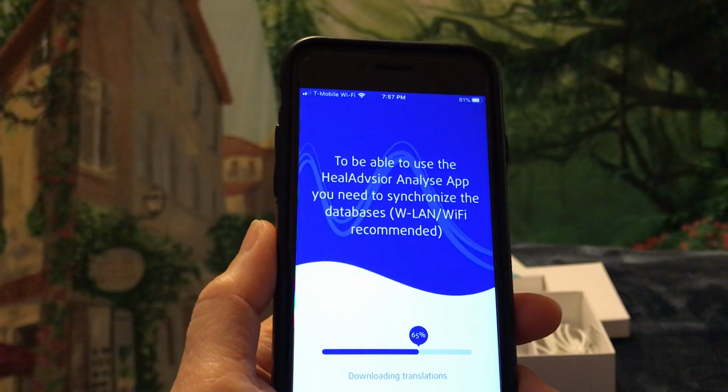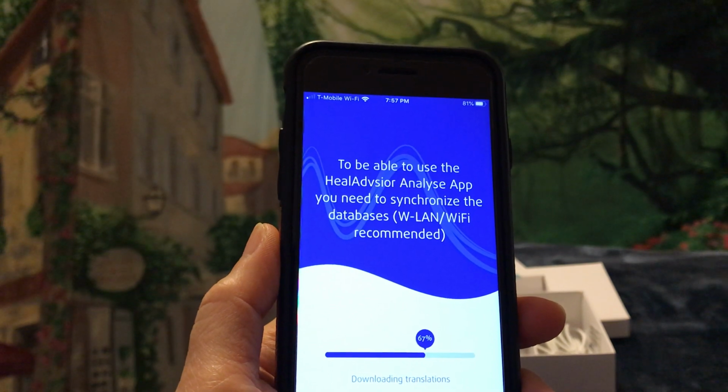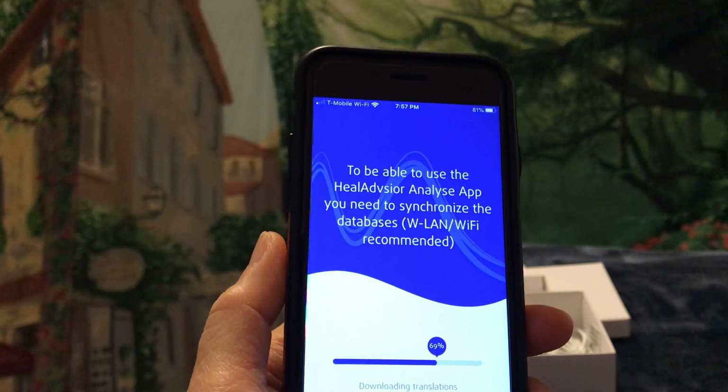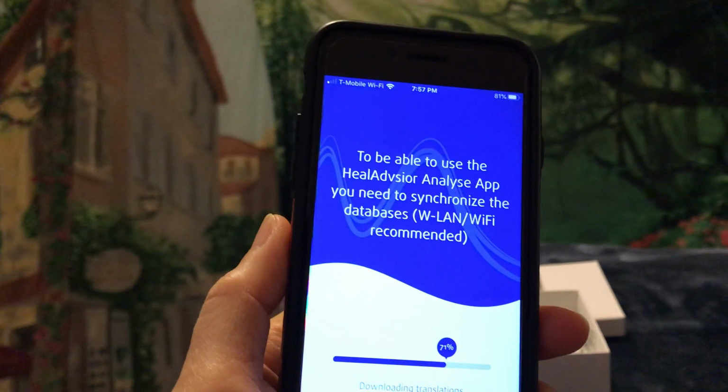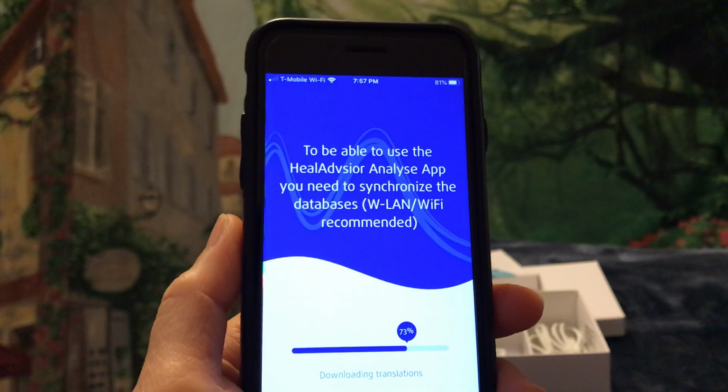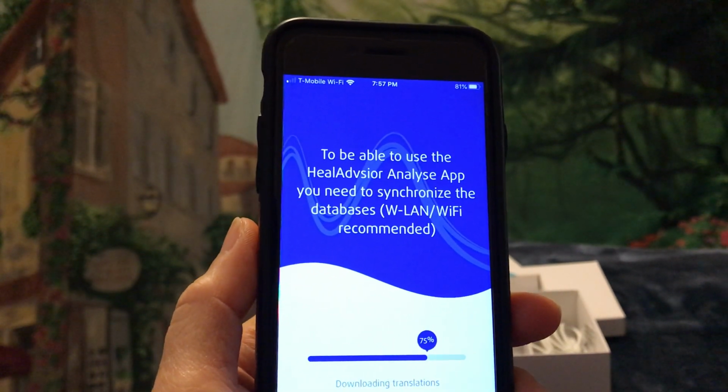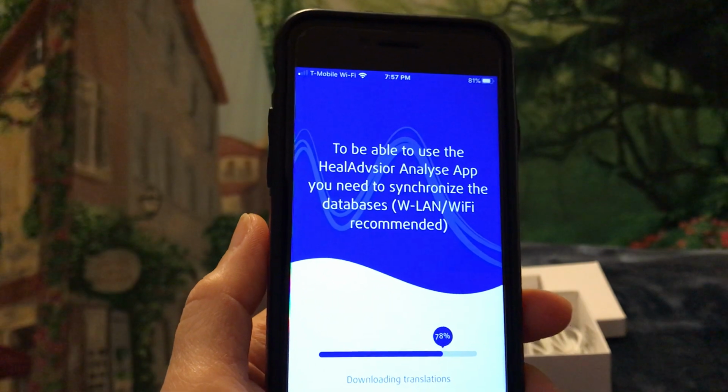So this one's downloading. We're at 66%. I am so happy. Yay! It's gonna be a great night already, I can tell. So at least I have my Healy that I can use tonight. I am just so